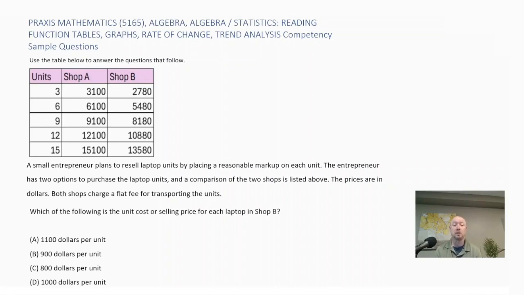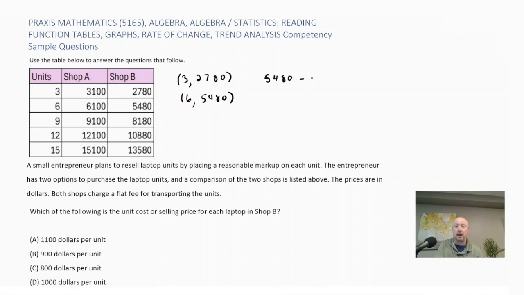All right, so what we need to do is pick 2 points for shop B and calculate the slope. If I look at this here, if I look at the point 3 units in shop B, 2,780, and then if I do 6 units, 5,480, and if I calculate the slope here, I would get